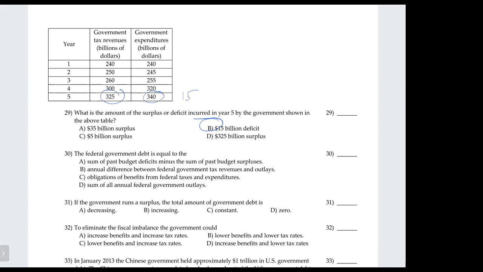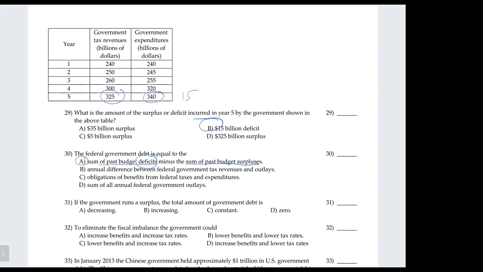30. The federal government debt is equal to, okay, so that's a good question. The answer is A, sum of past deficit minus the sum of past surplus. How do we understand that? Whenever you run a deficit, you must borrow, so that is going to accumulate your debt. Whenever you have a surplus, meaning you spend less than you receive, you can pay off your debt,